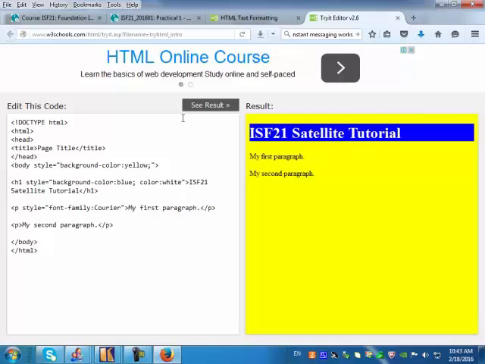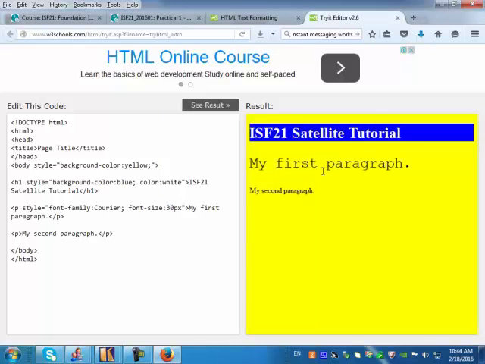and let's see the result. So this one has changed to font type Korea. I hope you saw the result there, but if you didn't see it, I will put another property there. Put a semicolon now. I want to increase the font size so that you can see that. So I will say font dash size colon, and whenever you're giving the font size, you put it in pixels, px. So I'm saying size 30 pixels. Let's see the result now. So there you go. Now you can see my first paragraph a little bit bigger and with a different font